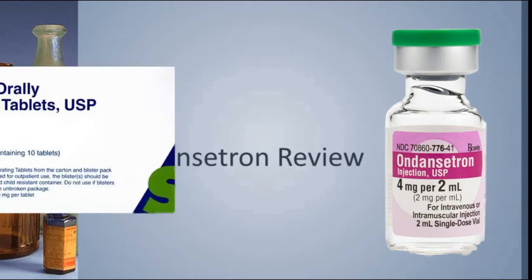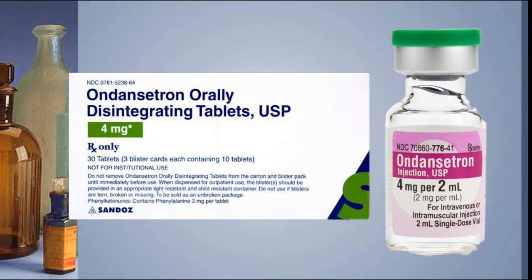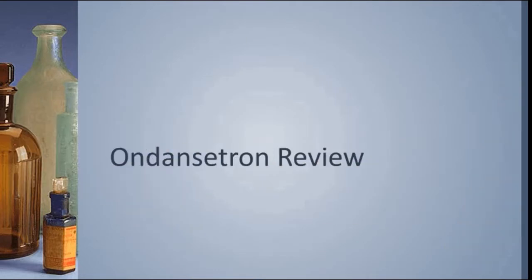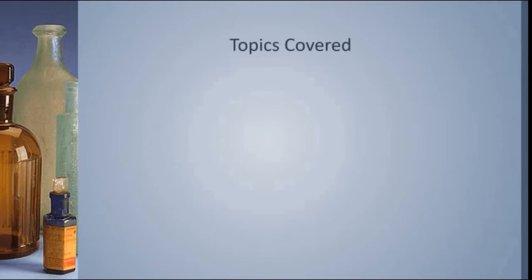It's also available in an oral dissolving tablet, or ODT form, which, in my opinion, probably tastes just as bad as it would if you cracked open that vial and drank it. Not saying you should do it. Use the oral version. The topics we're going to cover in this review include the classification of Ondansetron, because if